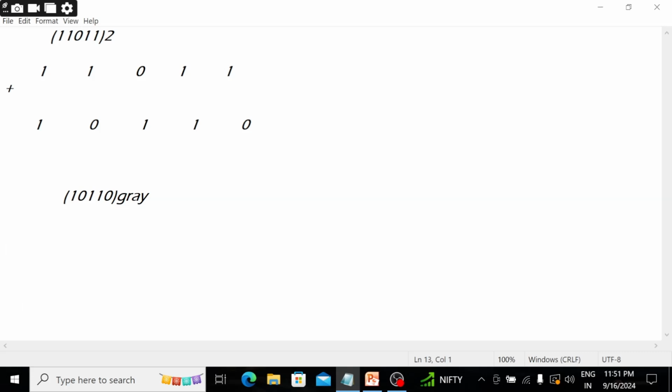Then after that I will explain how to convert Gray to binary. Here we convert Gray to binary with a simple method. After that I will explain Gray to binary conversion with a simple example. In this conversion we simply add the number with the answer value, that is the binary value, like this.